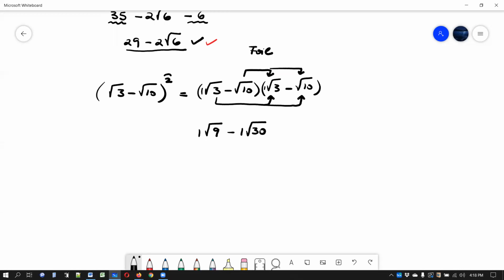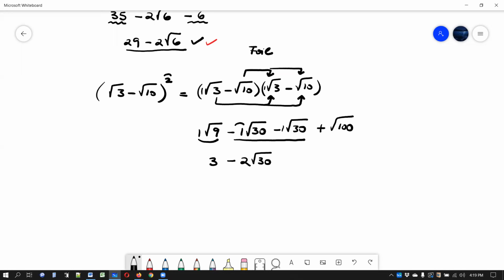Now, the negative radical 10 times radical 3, minus 1 radical 30. Minus times minus is a plus. Radical 10 times radical 10, or the invisible 1s multiplying each other, is just a 1. Radical 10 times radical 10 is radical 100. We realize now that these two are like terms, or like radicals. I can simplify this. Minus 1 radical 30 minus 1 radical 30. Be very careful. This is not minus radical 60. It's just minus 2